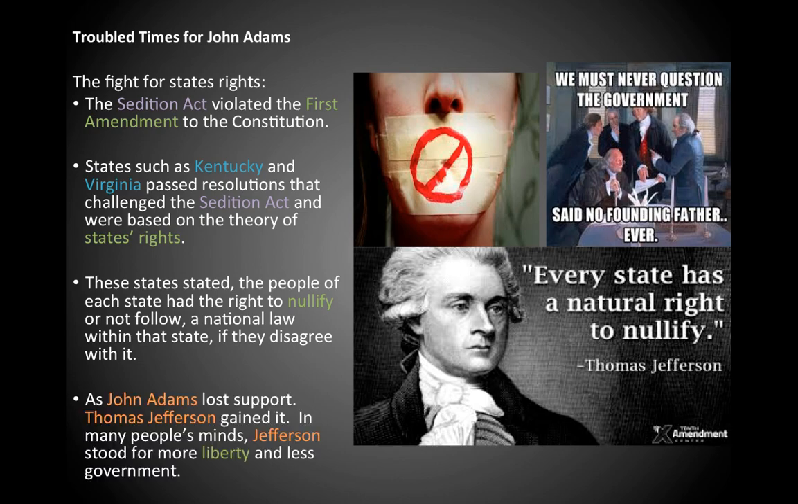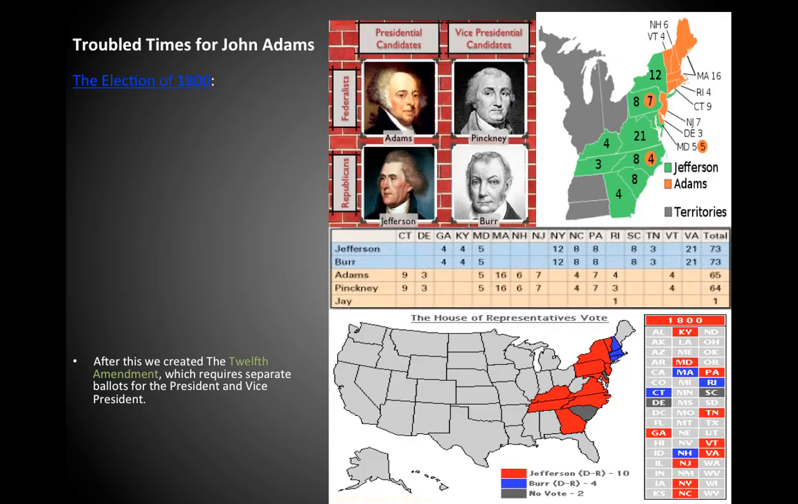And this Sedition Act and the Alien Acts are not addressed. Right? They do not go to the Supreme Court. But we will see that these laws are going to be repealed later, because as John Adams loses support, the Democratic Republican leader Thomas Jefferson is going to gain it. And in many people's minds, Jefferson stood for more liberty, less government. As a result, the election of 1800 goes for the side of